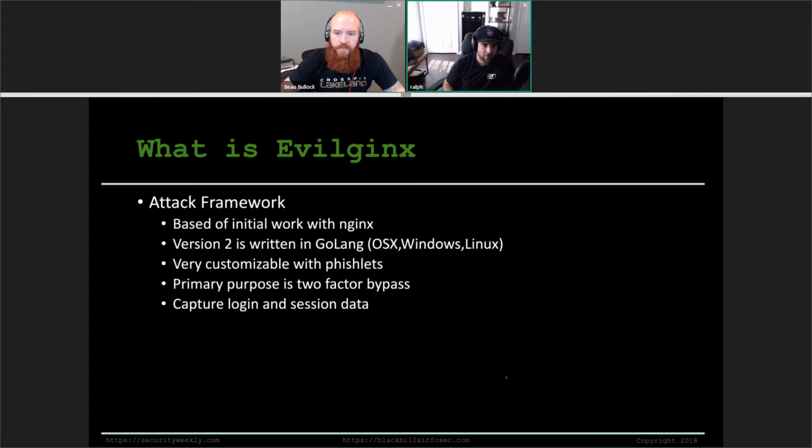It's really where that name comes from, Evilginx. It's actually based off initial work that people were doing with Nginx. Essentially, they were trying to use Nginx as a proxy to do man-in-the-middle traffic for websites, and this is what that sprang from. The first version actually used Nginx configuration files, and this new version drops it all entirely. So in version 2, it's all written in Golang, which I have a personal love for. The big reason why is it compiles to machine code and it'll run on all the platforms, OS X, Windows, Linux,